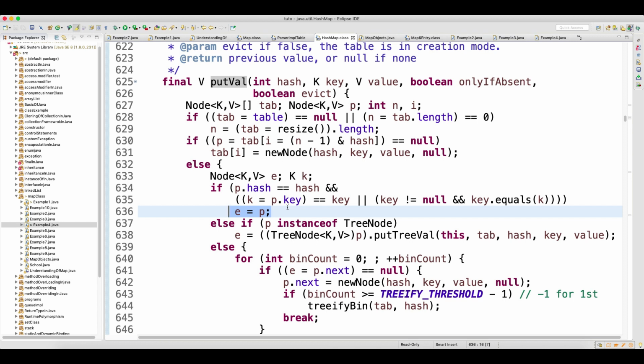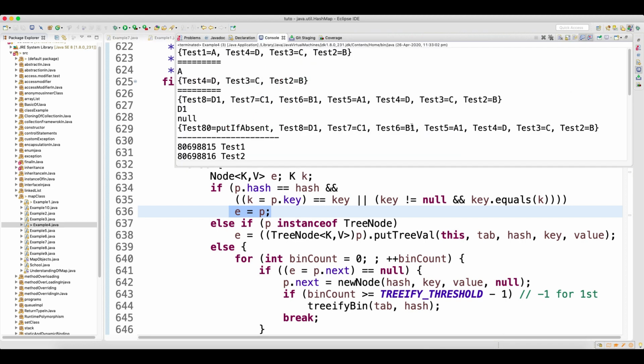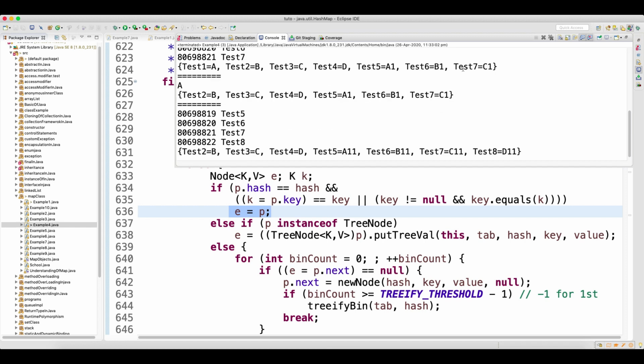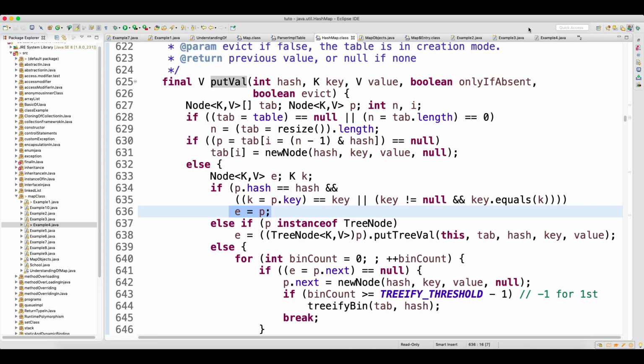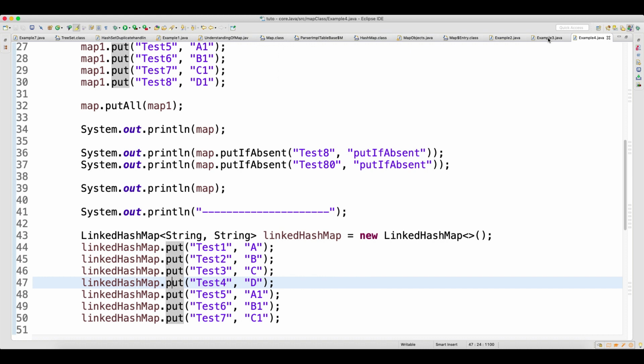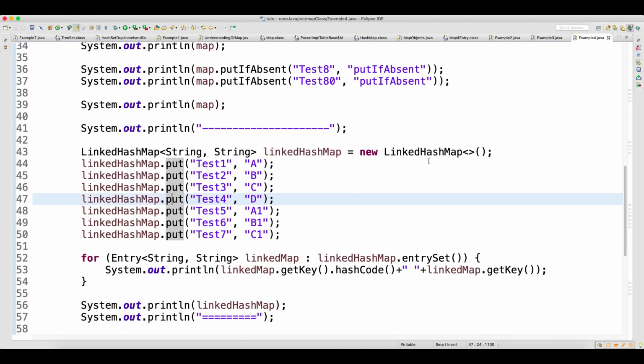The key is the same, so you are not able to make out the difference, because here also 5, here also 5, right? 5 here, 5 here. So how can you make out the difference? By looking at the values: A1, A11, here B1, B11, here C1, C11. So with this I will close the video, and now you have a complete understanding of how this key gets replaced and in what conditions your object, key and value, will get overridden.